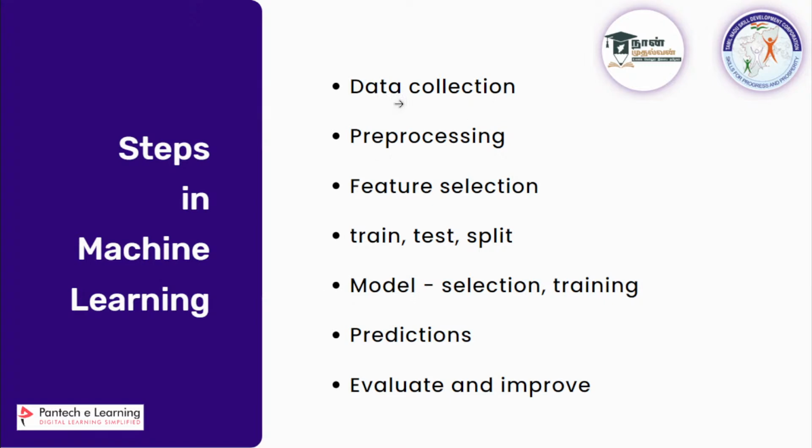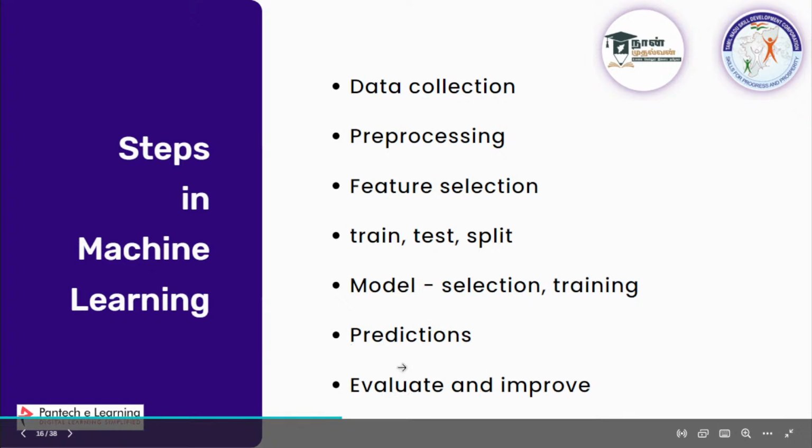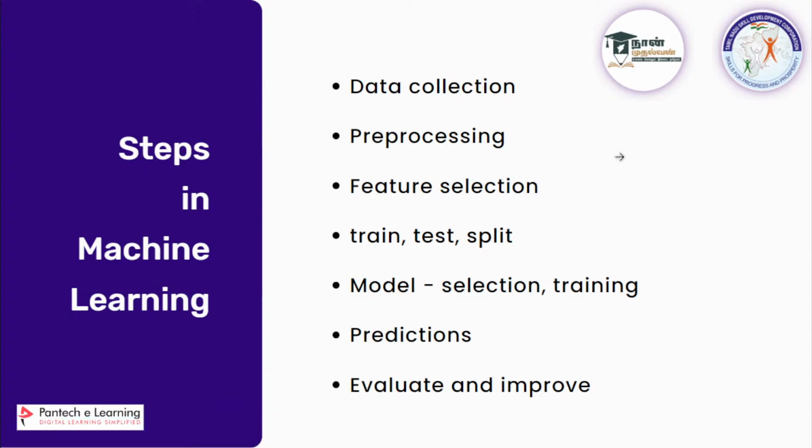First data collection, then you have to perform pre-processing, then feature selection, then train test split. You have to split for the training and testing. So the next step will be the model. You have to select some model based on the task or the data you are having, what you are going to do. Then you have to do the training part, then you have to do the testing or prediction, and you want to evaluate, and if you want to improve, you have to repeat these steps to get higher accuracy. Once you complete all these things, you can get some output in the end. These are the steps in machine learning.